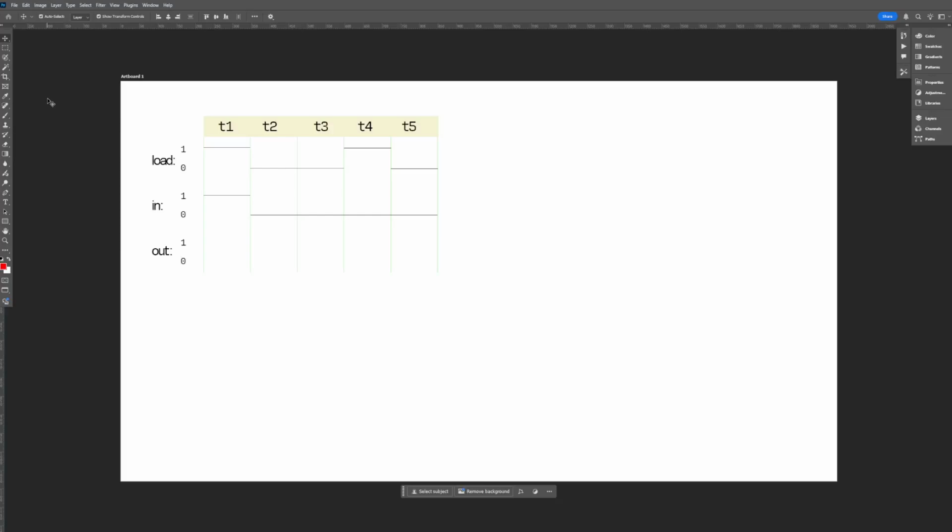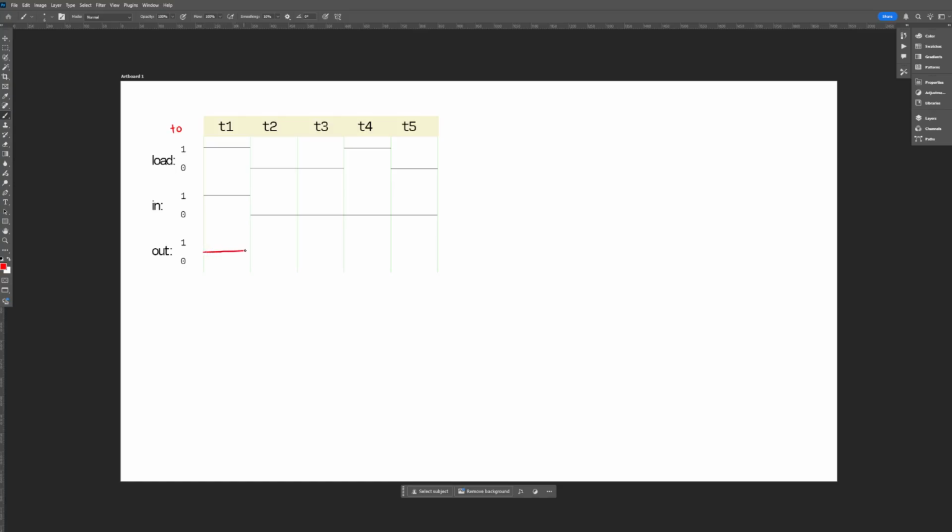Hello, today I'm going to be showing you how a 1-bit register works. In this example, I'm going to be using the load input and then we're determining the output. For our first output, as we don't know what the load and the input was at time 0, we're just